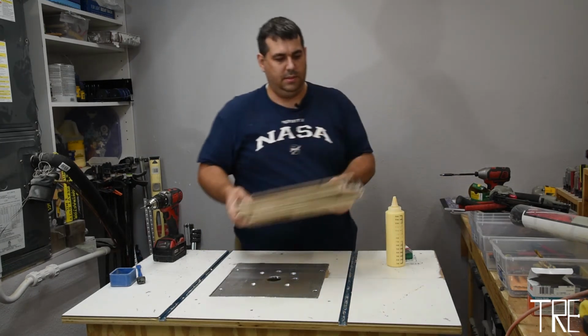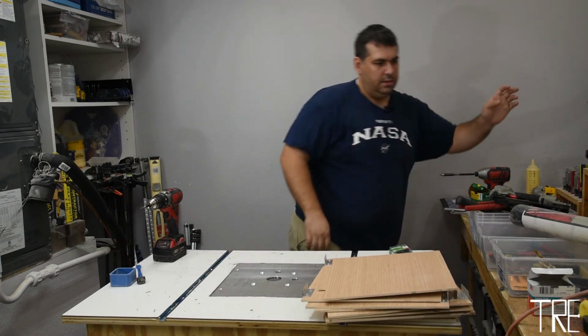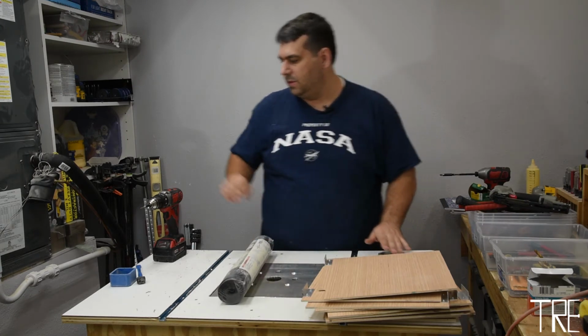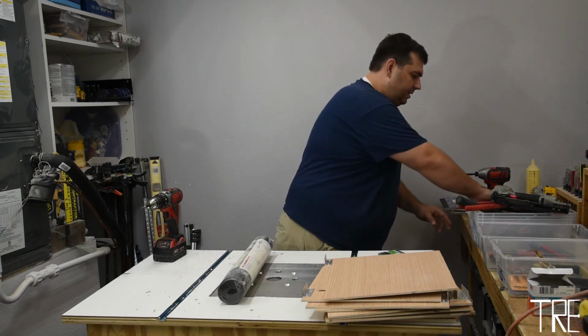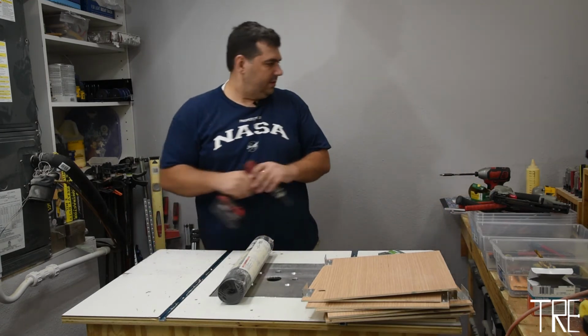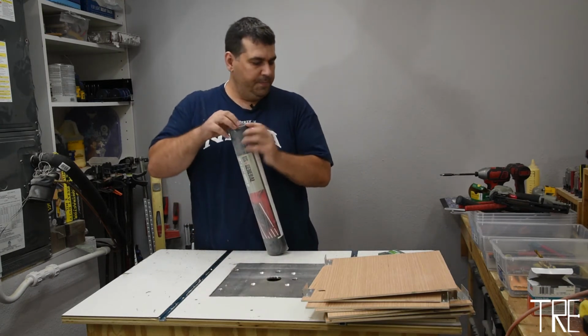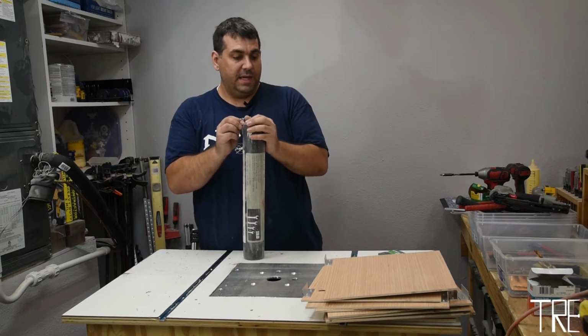Next step's going to be putting this stuff down, which means I need to cut some squares. So these are 13 by 13, so they'll fit my 12-inch blades without too much fuss. And then if I'm lucky, a couple 5-inch blades. So I think if I cut these to 12 by 12 and glue them down,